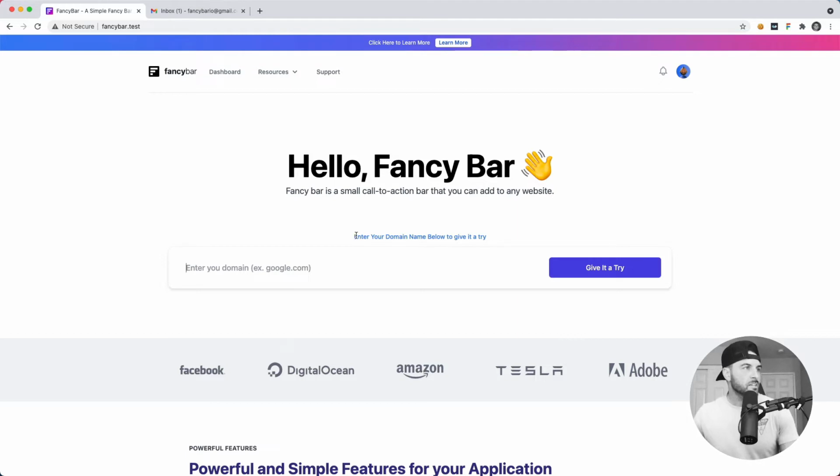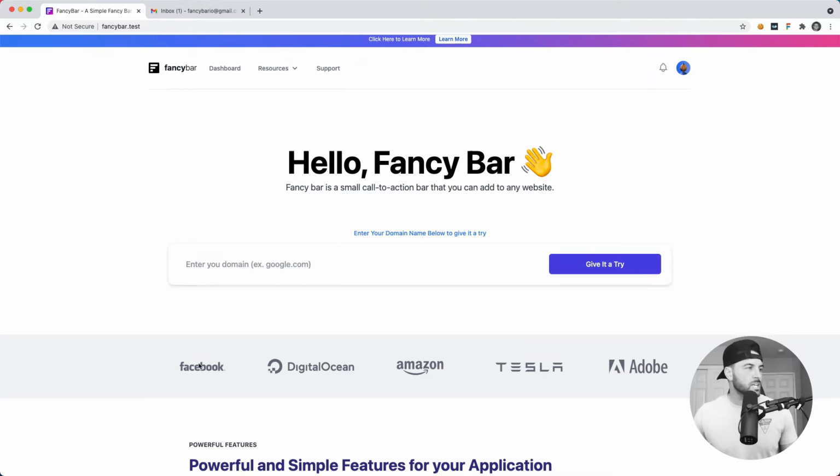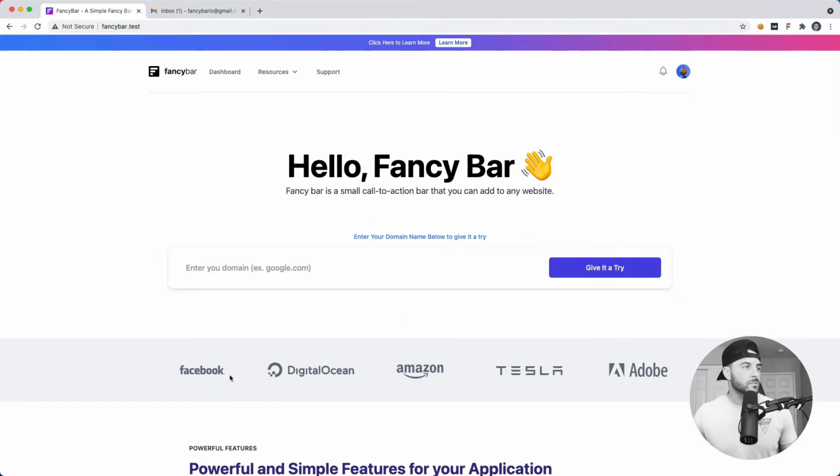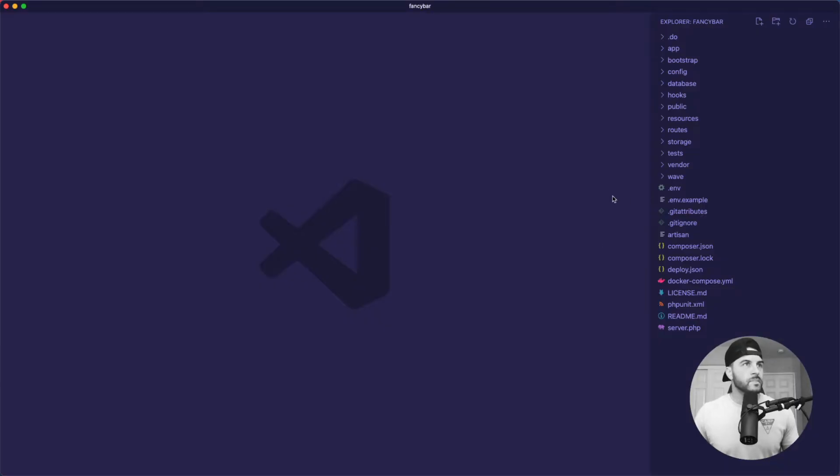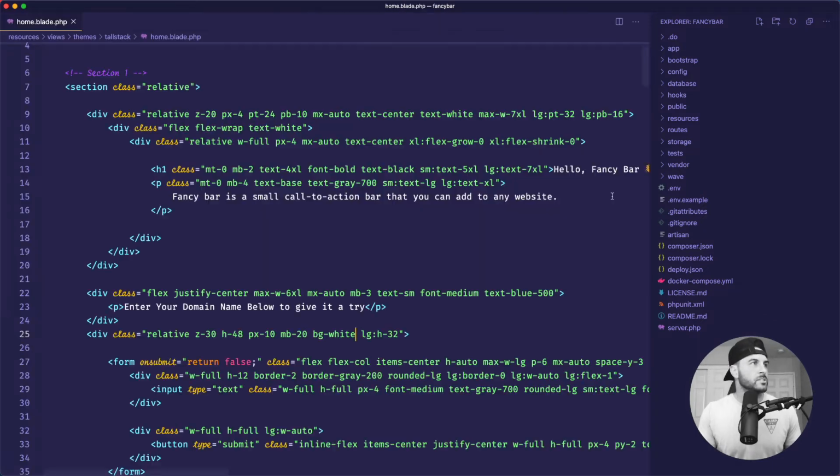So on the homepage, I think I'll just change a lot of these colors to just be black and white, or it's going to be grayscale. So not exactly black and white, but you get what I'm saying. It's going to be gray, black, and white. So let's go ahead and change the color of the blue. And then I'm also going to change the logos right here. I actually have a different logo that's kind of black and white that I think will look really nice right there. So let me go into the code, and I'm going to go to the home page,